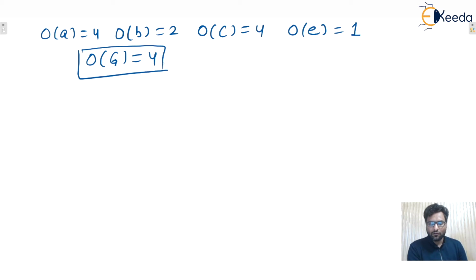Now listen to me correctly, one by one. First thing I want to tell you is this: order of A, order of B, order of C, order of identity element, we can check. Order of every element will divide the order of the group. That is the property. Means the order of an element of a group always divides the order of the group. So write down the first property. Here we can check: 4 divides 4, 2 divides 4, 4 divides 4, 1 divides 4, isn't it?